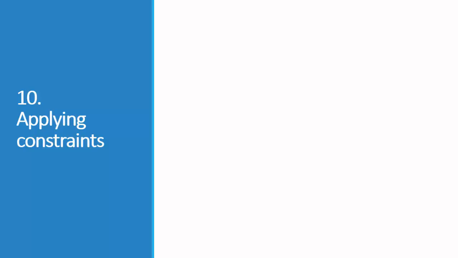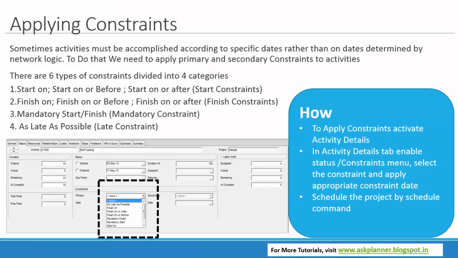Finished by constraint would be affecting the successor as well as some predecessor if it is a start to finish relationship. So let's see how to apply the constraint. If you go to the activity detail at the bottom of the screen, here these are the types of constraint: